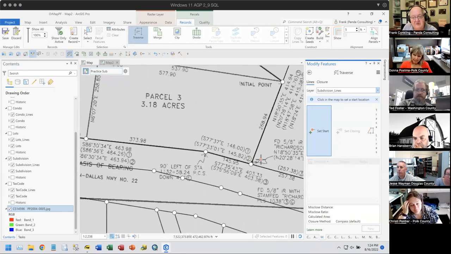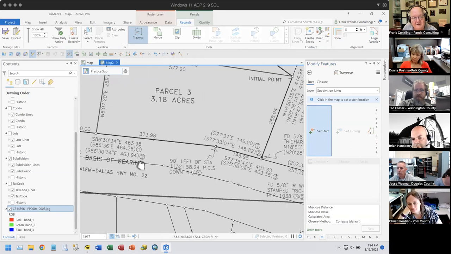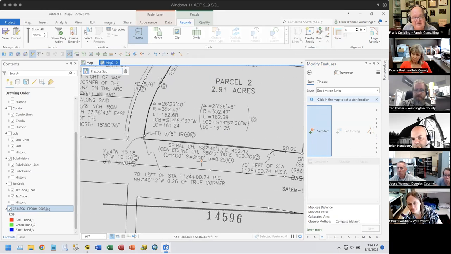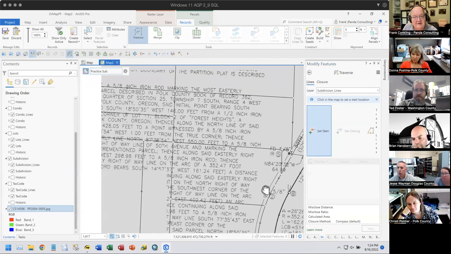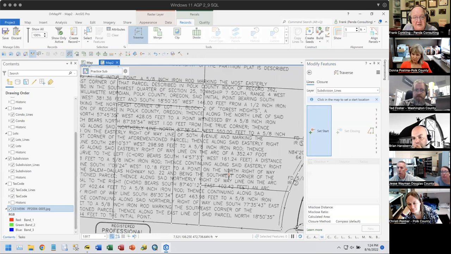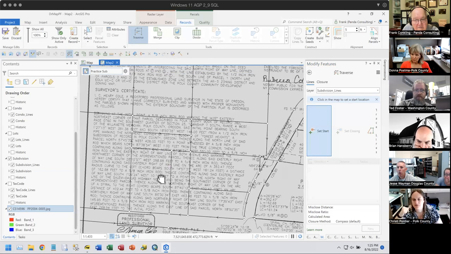So the first thing I want to do is look to see, is there a line, and I notice there's a difference in here. Is there a line that's agreed upon, where either the legal description starts and says that everything is assumed here: the initial point bearing south of the point marking the northeast corner of the subdivision of record, thence along the north line of said parcel to a point. All right, so this has 745,